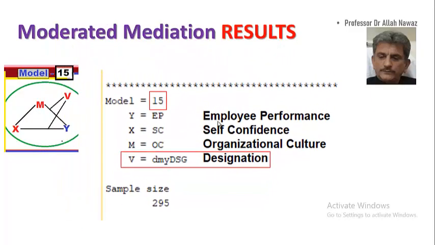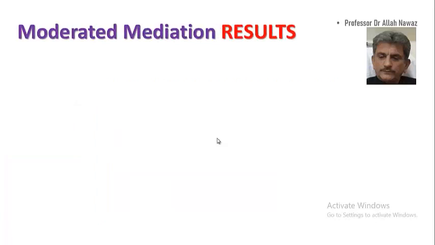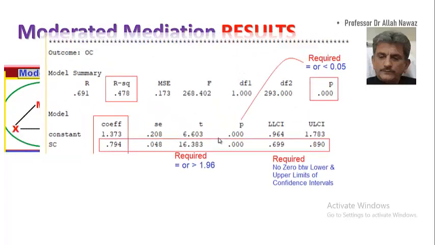will start with descriptive statistics about the variables and the sample. As we have already explained, Y is our employee performance, the dependent variable, X is the self-confidence, M is the organizational culture, and V is the designation, and that is the model representing the processes, the interactions and computations between different variables. The first output